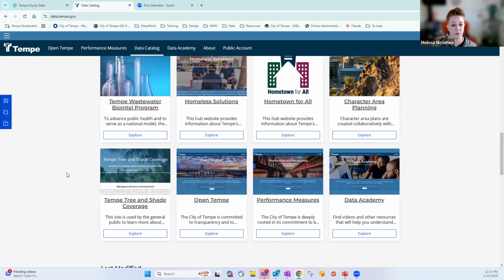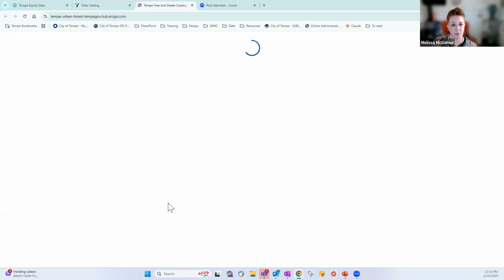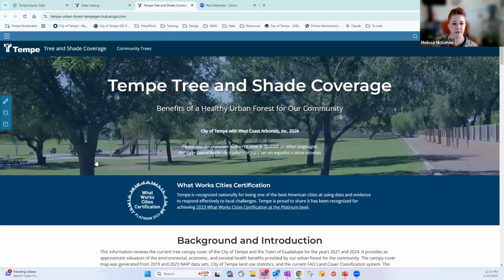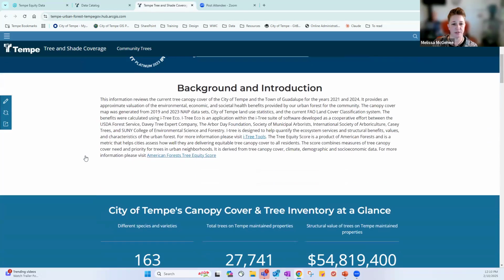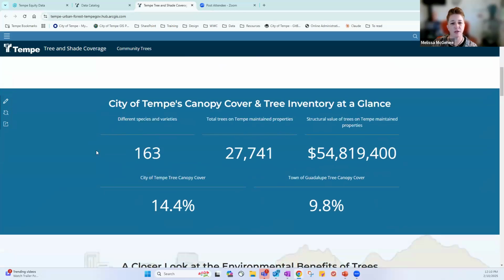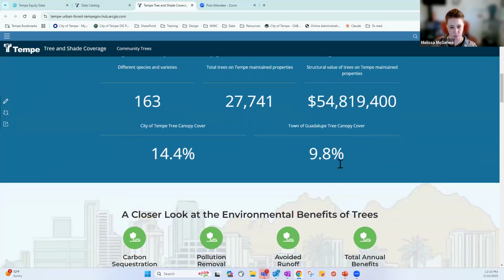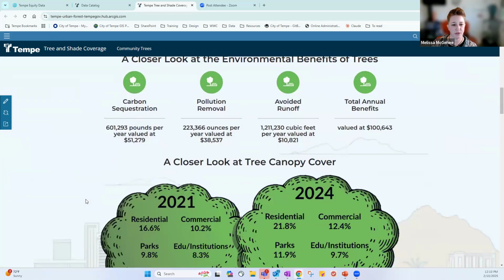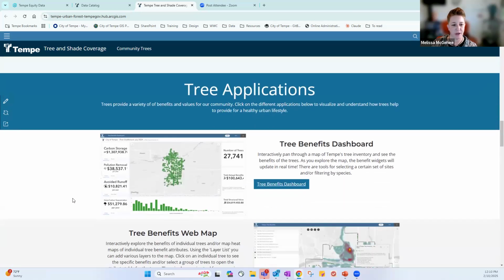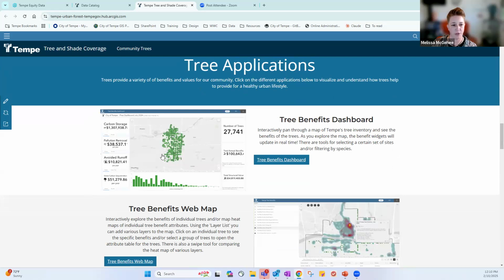So one of them that you might find useful down here is the tree and shade coverage. So if you click on that, it will open it up. And so this is a site that gives you some background information, some quick data points, like City of Tempe tree canopy covers 14.4%, a comparison to the town of Guadalupe nearby. And so it gives you a lot of information about the trees. And then also you have these dashboards, and it gives a description of what it is, and you click on that, and you can